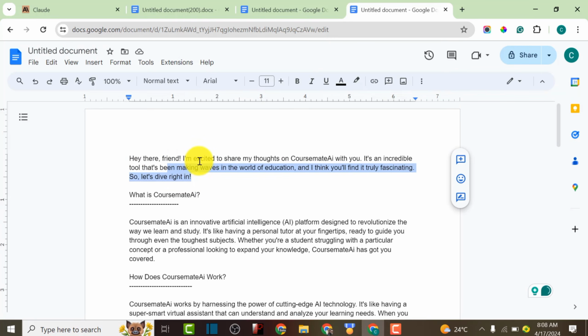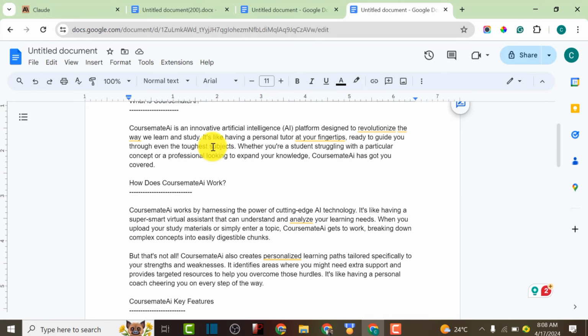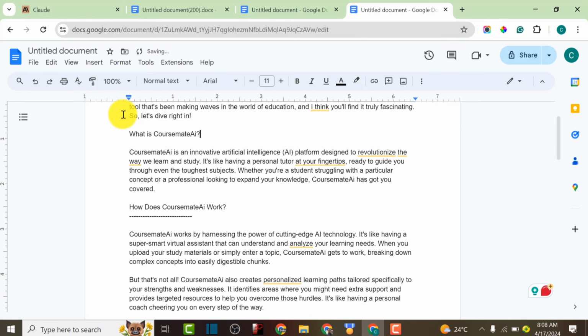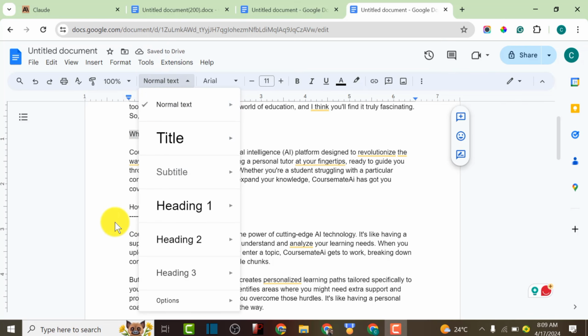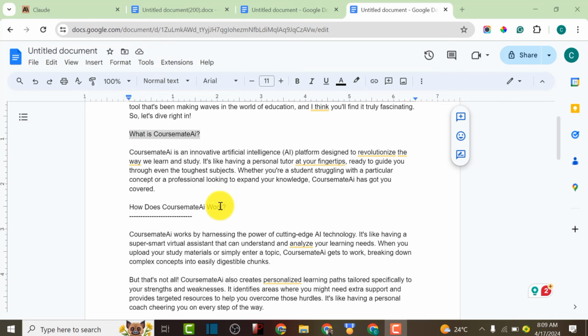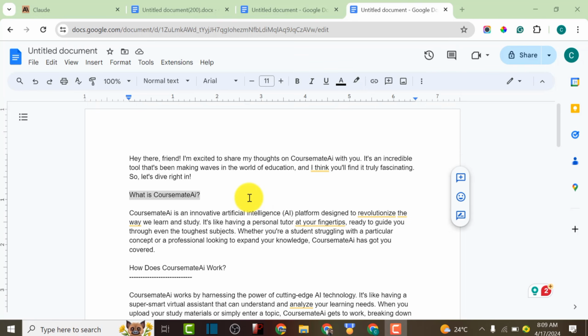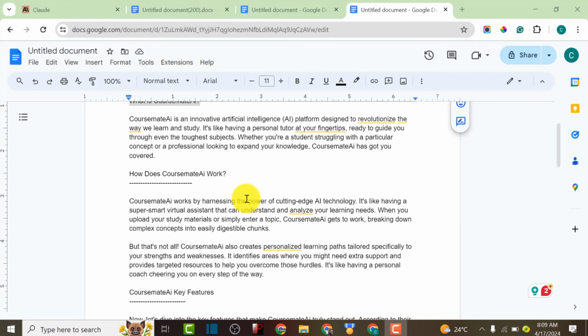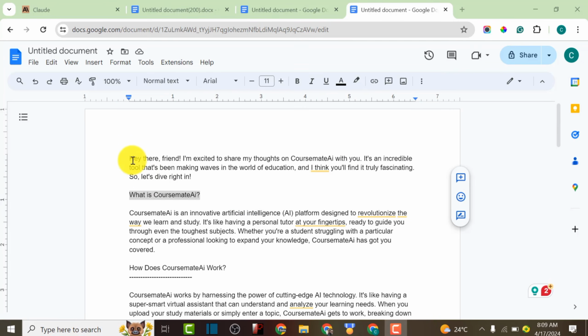Okay, hey dear friend, I'm excited to share a thought on Cosme.ai. As you can see, this particular content is not bad, and we can tweak Claude.ai to give us the best content so far. But due to the fact that this is a tutorial, I don't want it to be very, very long. So I will just use this article just like that. Now that we have generated the content for Cosme.ai, the next thing is to actually promote this product